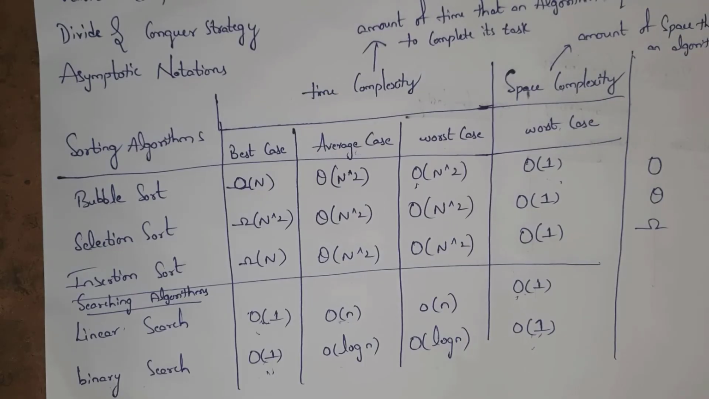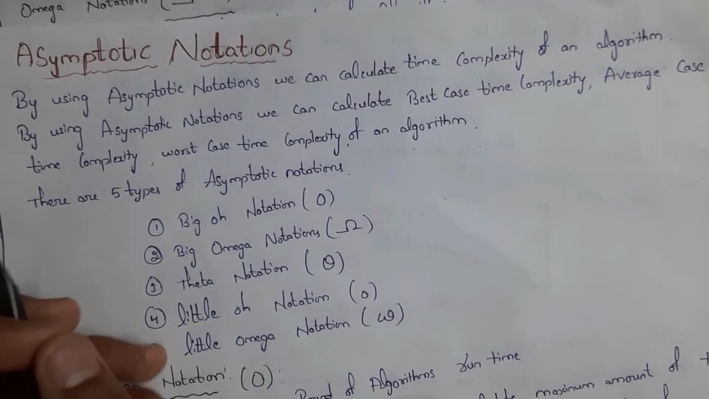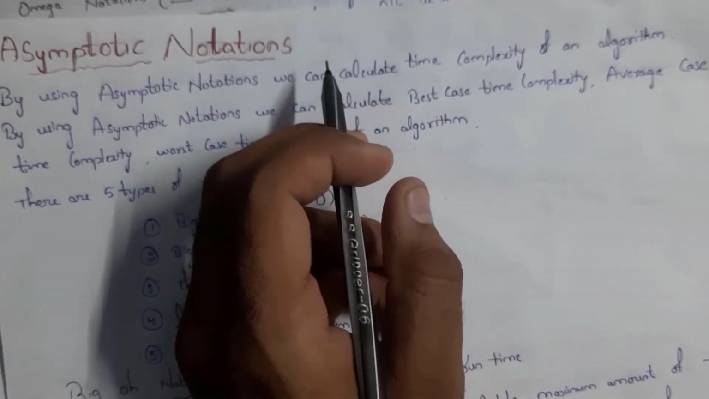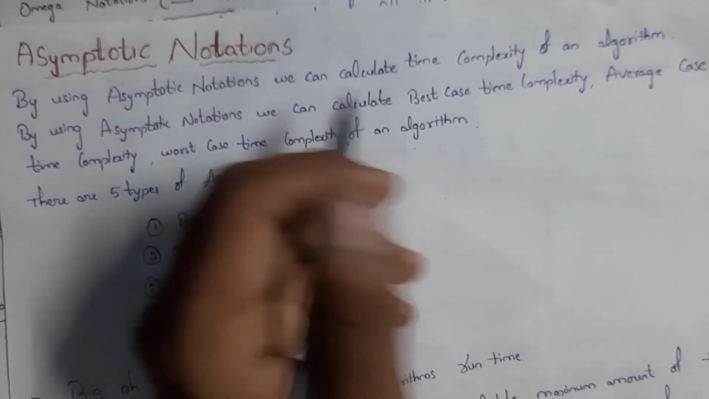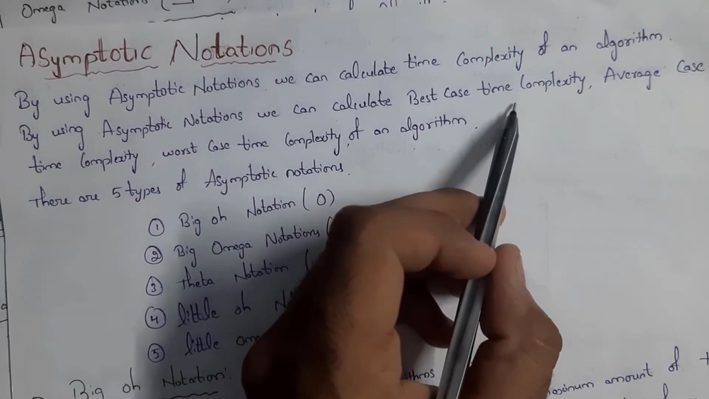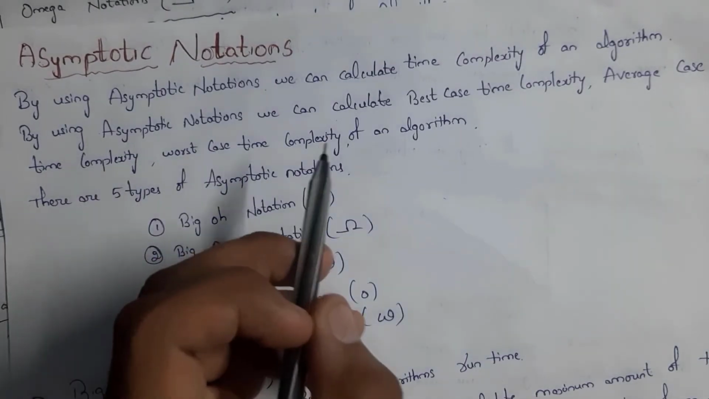Next topic is asymptotic notations. By using asymptotic notations, we can calculate the time complexity of an algorithm. Time complexity means the amount of time taken in order to execute an algorithm. By using asymptotic notation, we can calculate best case time complexity, average case time complexity and worst case time complexity